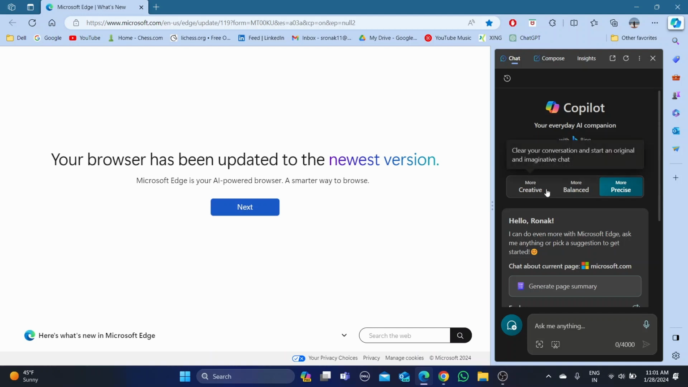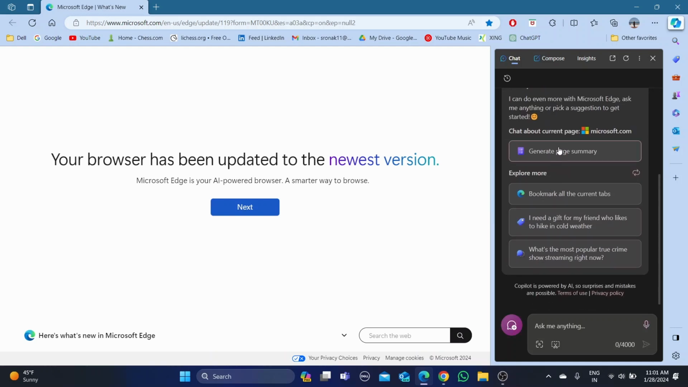You have three style options. If you want it to be more creative, you can select that. You want it to be more balanced or more precise, it is up to you. Let's say you want it to be more creative. And there are a lot of things you can just ask the AI to do for you. So let us start with: tell me something